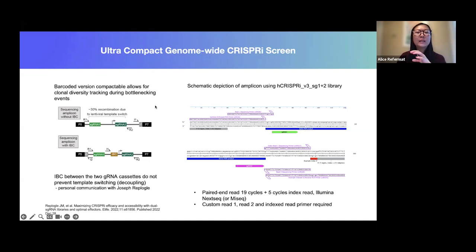One issue they have found is that occasionally there will be decoupling of the 2 guides, and that can sometimes be like 30% of your reads that do not have perfectly matched guide 1 and guide 2. I always like to see what the sequencing amplicon looks like, so this is a snapshot of the amplicon you will submit. It requires custom read primers for both read 1 and the reverse read 2, and also a custom index primer to read the sample index that was added on the reverse primer during amplicon generation. We'll go back to the guide decoupling issue a bit later, after we have gone through some of the